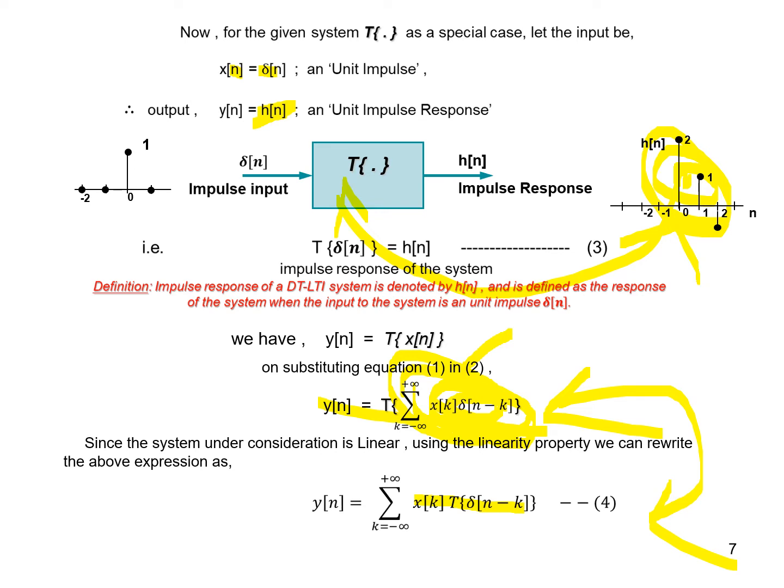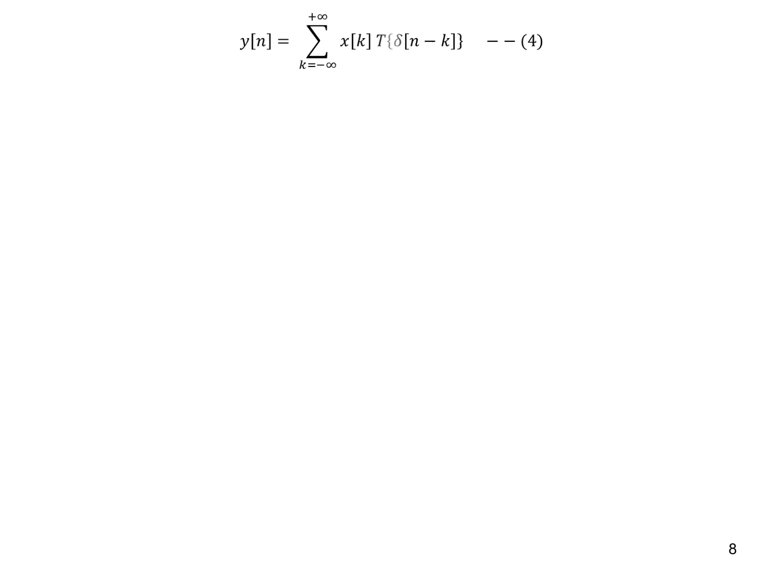This is what is actually the linearity property. You can go back to some previous presentation where I explained what exactly the linearity property is, then I think it will be more clear for you. Let us move on with this. Okay, now rewrite the equation here. I rewrite the equation here using the linearity property.